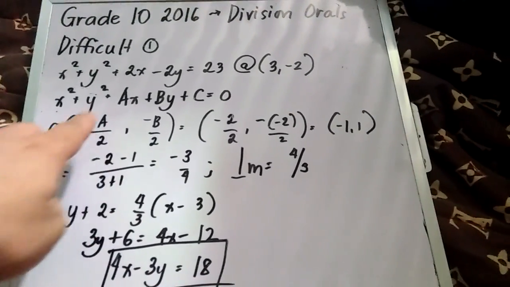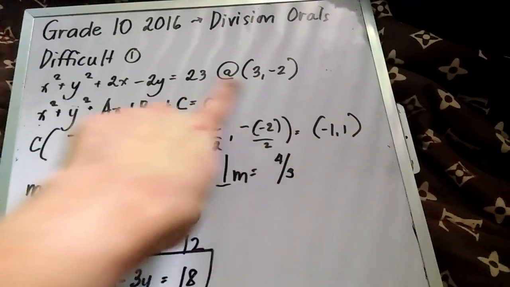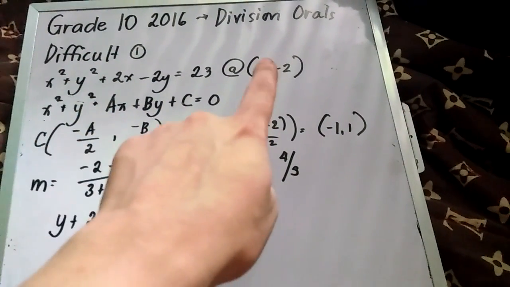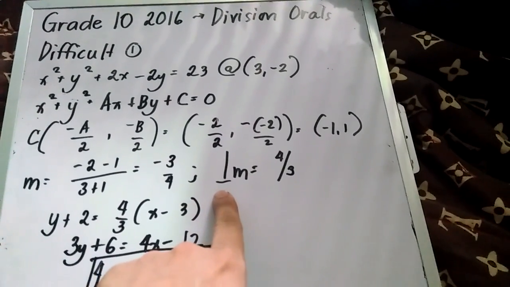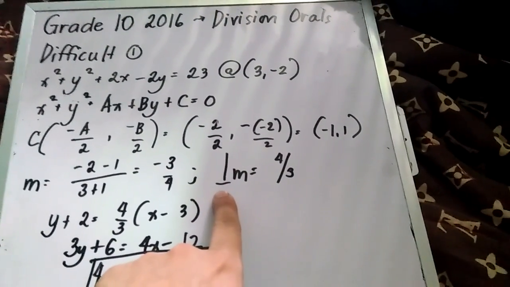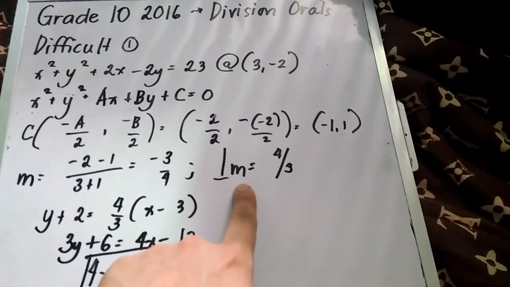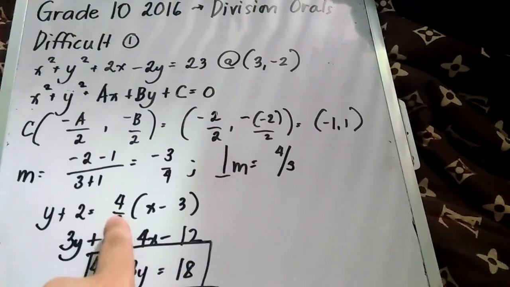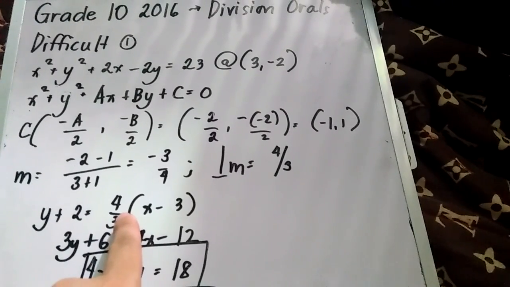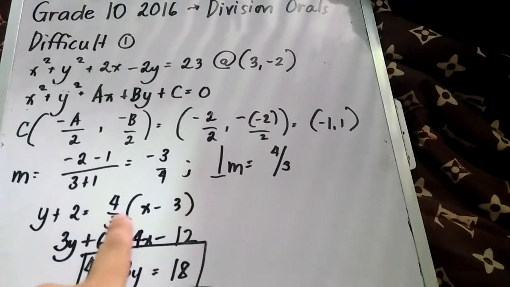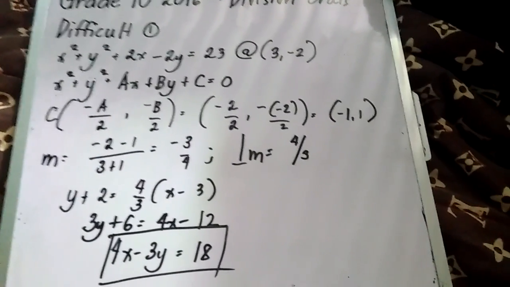Okay, so to repeat, we need to get the center. Then after obtaining the center, we need to get the slope from that center to the given point. Then just use the concept behind the tangent line, that it should be perpendicular to the radius. Therefore, we are going to use the perpendicular slope, or the negative reciprocal, and supply it in y minus y sub 1 equals m times (x minus x sub 1), the point-slope form. I hope you got it, guys.